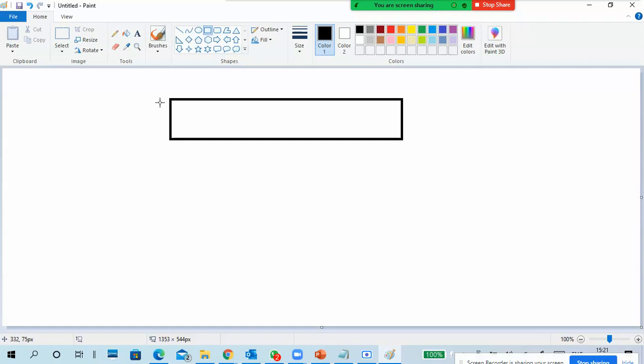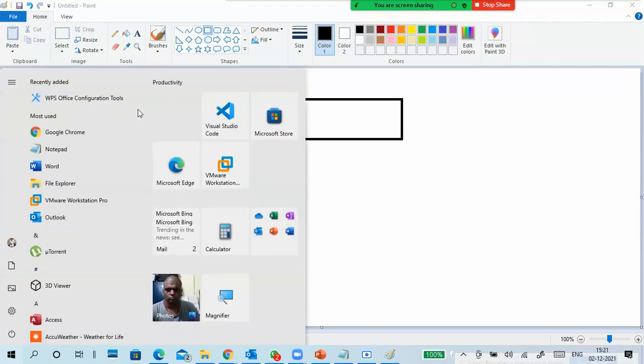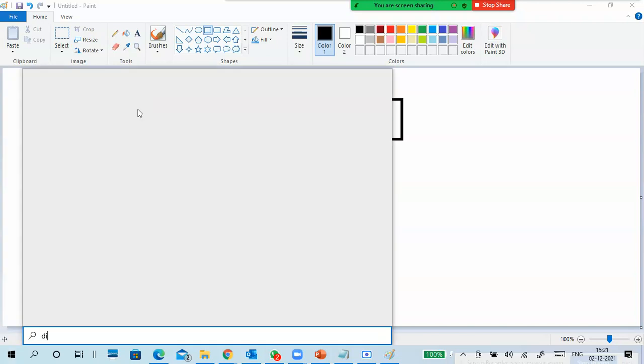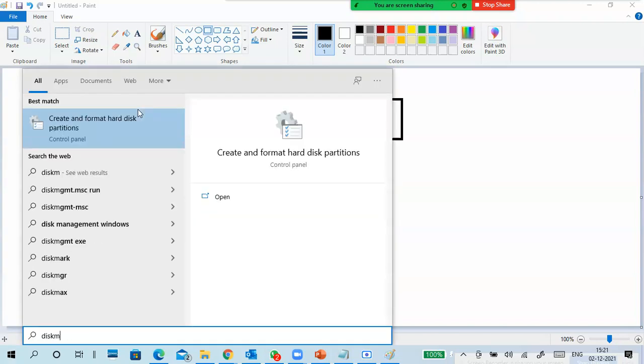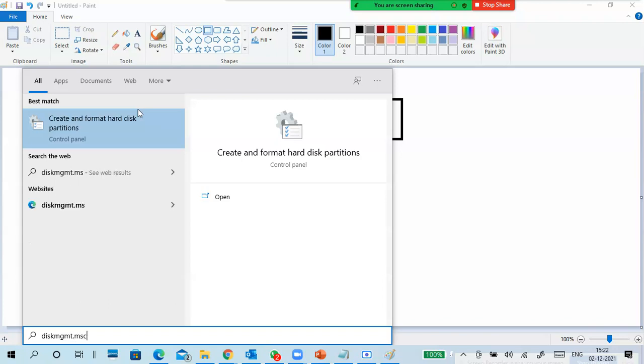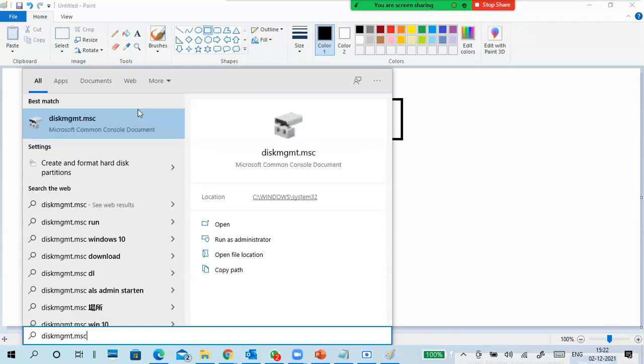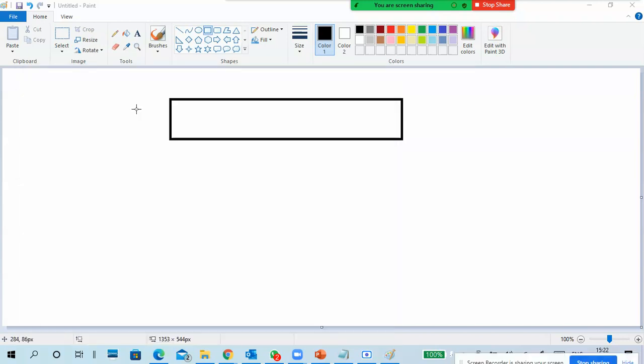So when you insert a freshly new disk into a system, I will show on my laptop. diskmgmt.msc. Okay, so this is the disk management window, right?